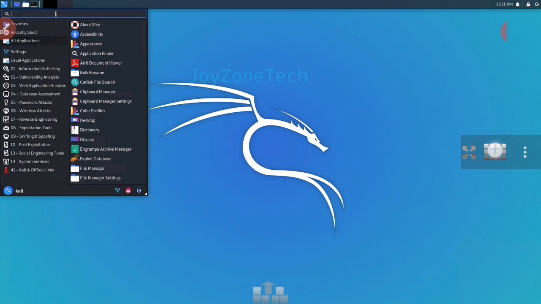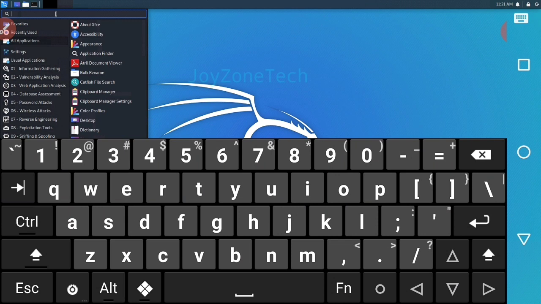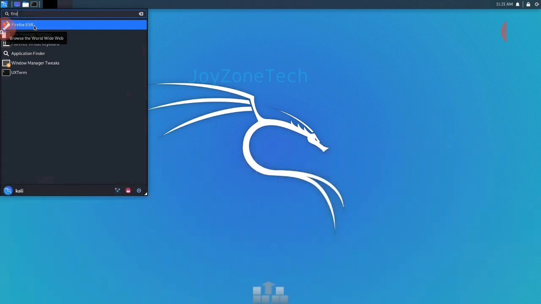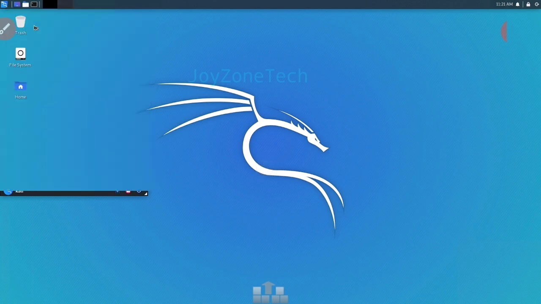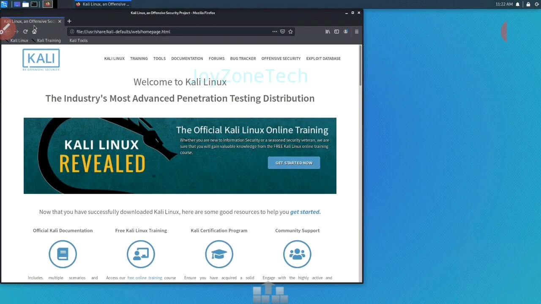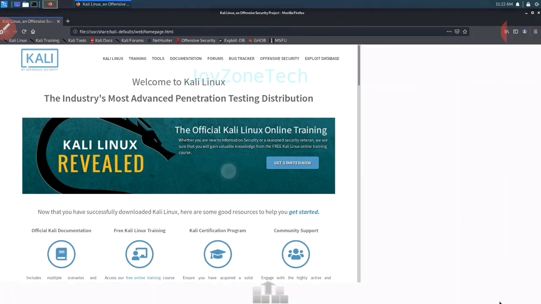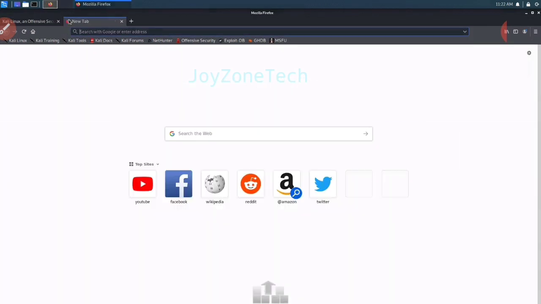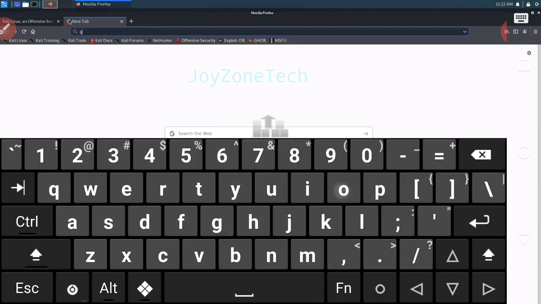Click here to open the keyboard. Now let's open the Firefox browser to check whether the internet is working or not. Now let's open Google from this browser.